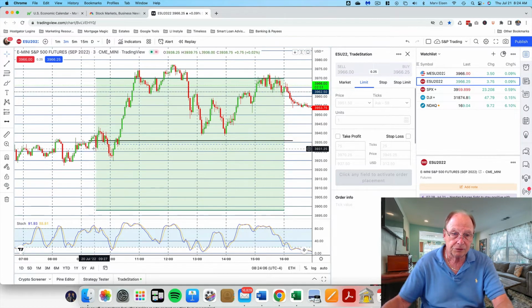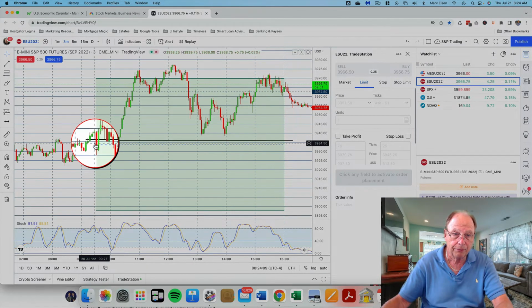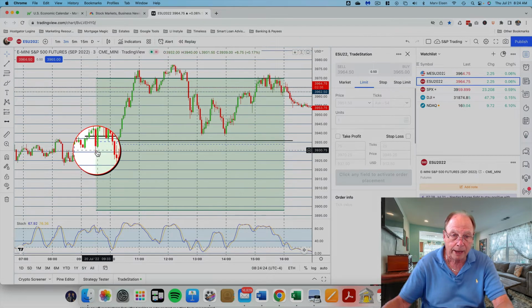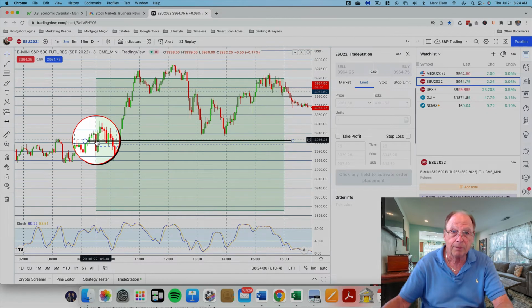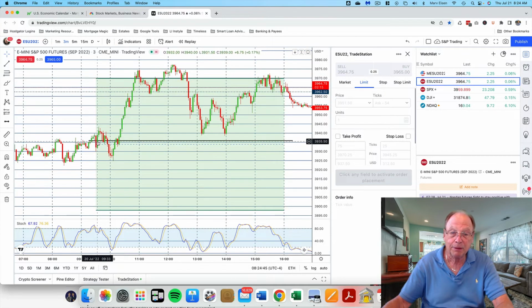Now, stop run, for instance, here's one right at the beginning of the market. Here's one at 9:30. There are 5 points between each horizontal line on this chart, just to give you a frame of reference. You see this red candle here? Well, traders who jumped onto this red candle thinking that the market was going to head down, because of course it goes down. This candle has a length, from high to low, of 9 points. It was quickly followed by a green candle of the same magnitude and opposite direction. So this was a stop run. This was meant to fake people out and take money away from the early unsuspecting traders.